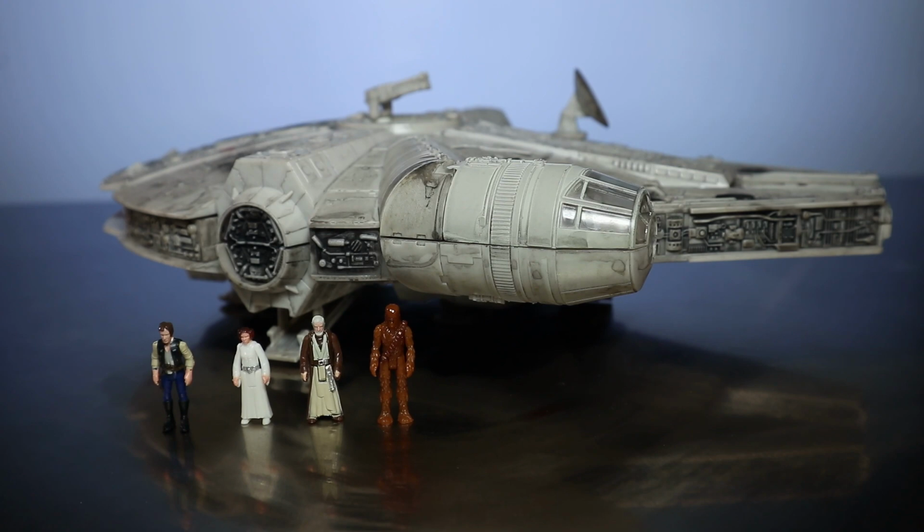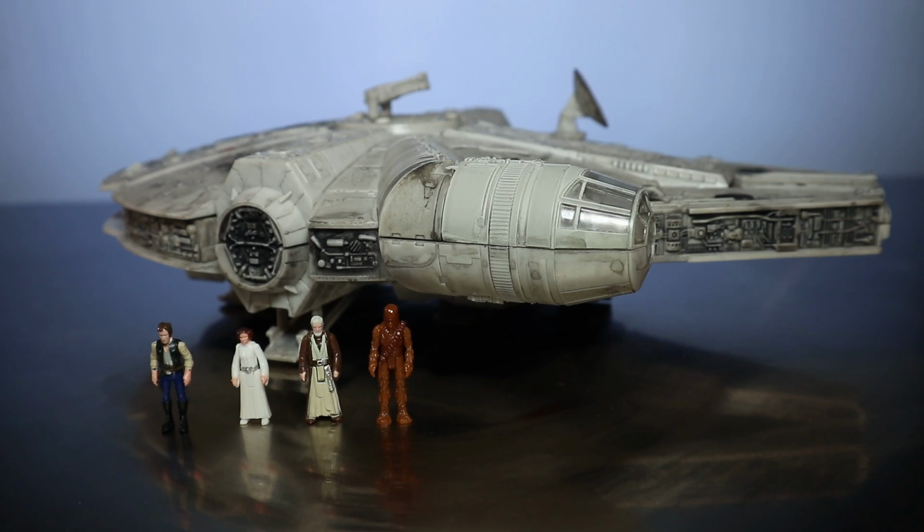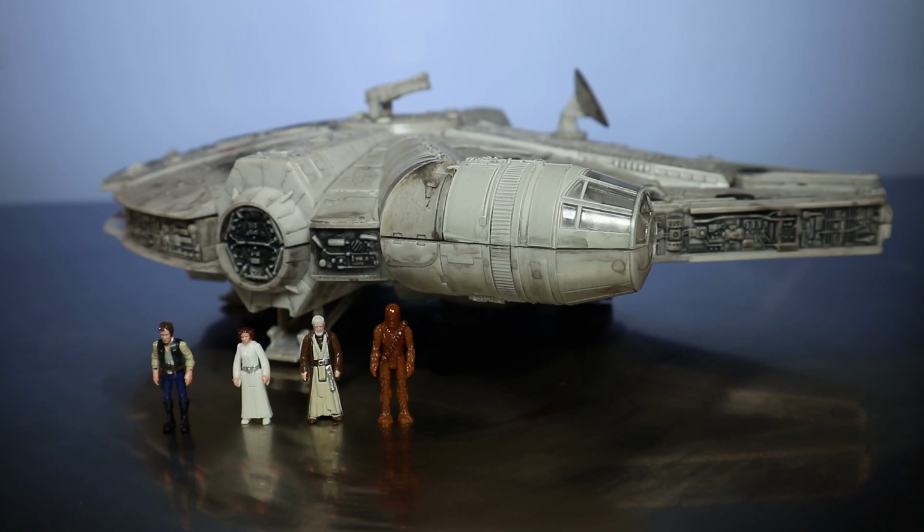There are some other lines, like the Razor Crest is going to be in the Starship class. There's the Transport class, the Starfighter class, and the Light Armor class, as well as some blind boxes, which I'm not a big fan of. I don't know, maybe I'll pick a few up if I actually see them, but we'll see how that goes. I'm not gonna say I'm all in on this line, definitely not. There's some things I probably don't want to get, but looking at this as a collector, it's honestly not a bad deal. Here we get the Millennium Falcon, we get a detailed interior, we get figures that can go inside it,